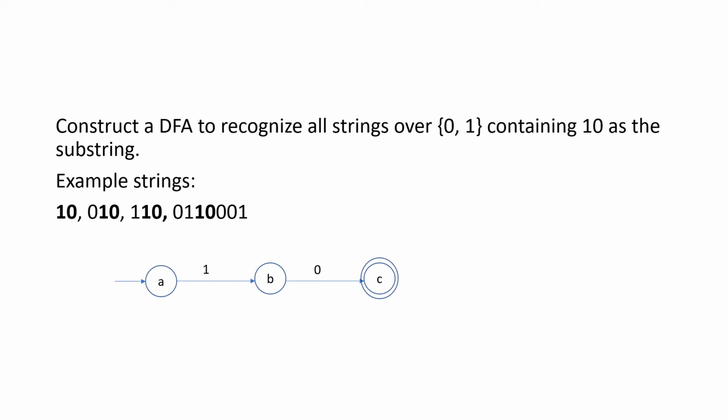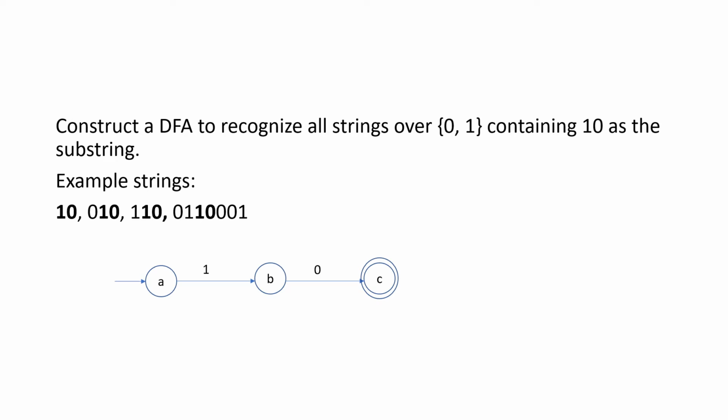Why am I naming it 1, 0? Because I'm going to construct a DFA that recognizes all strings generated over the alphabet 0, 1 which contain 1, 0 as a substring. So 1, 0 must be there, and I'm taking this as a template. I start from the starting state, and it goes to the accepting state, because only then can it be accepted by the automaton. Okay, so now what about the DFA?